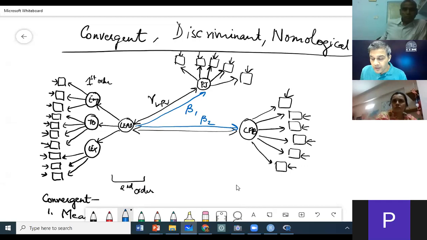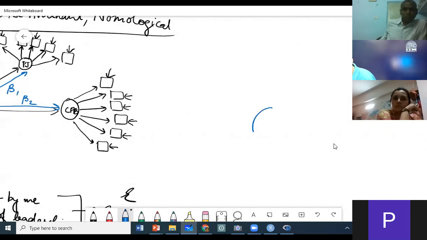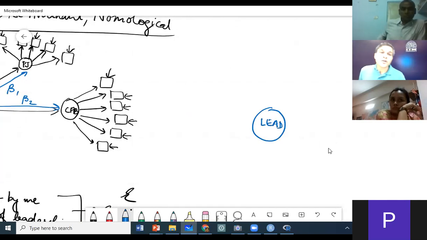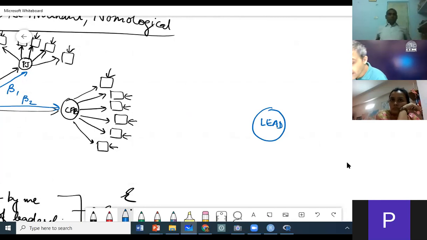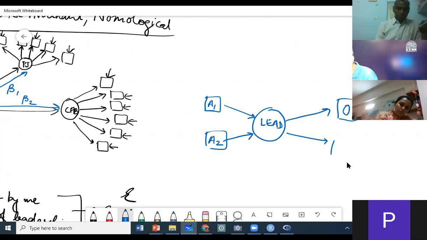And what is my focal construct? Let me just show you here. So if I have focal construct of leadership, we say what is the nomological network? Nomological network is made up of antecedents and consequences. So there is something that causes leadership, and there are some outcomes that leadership leads to, right?